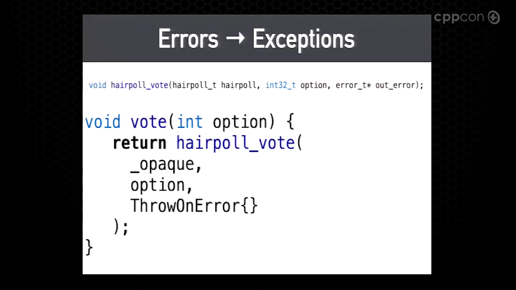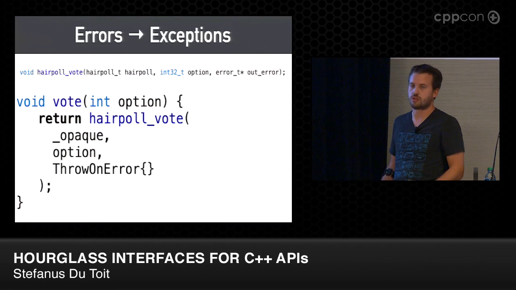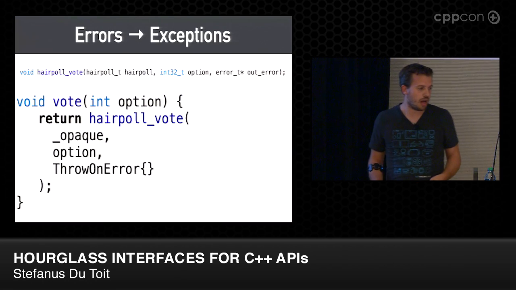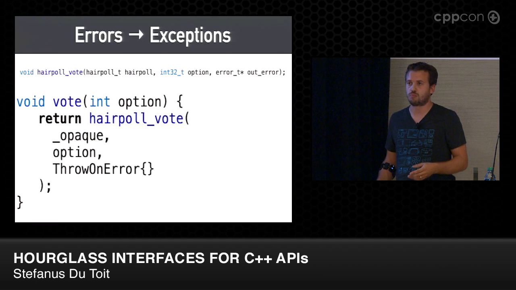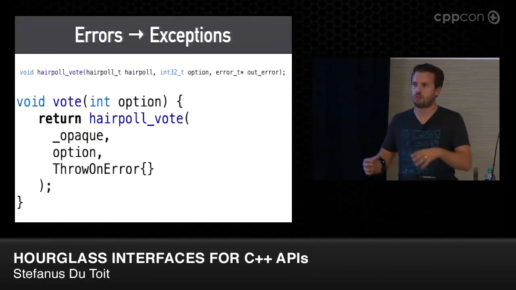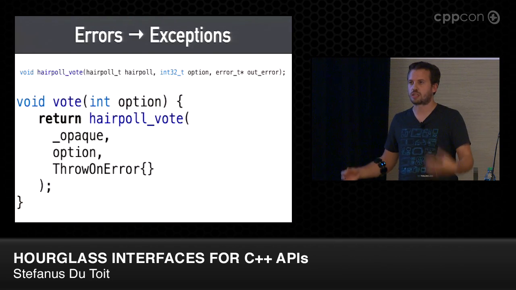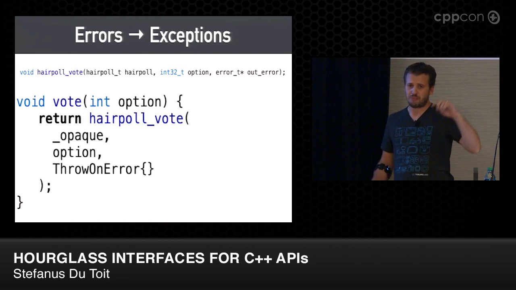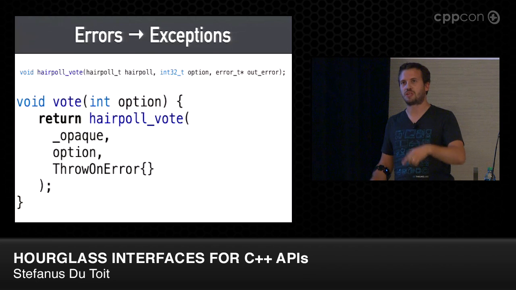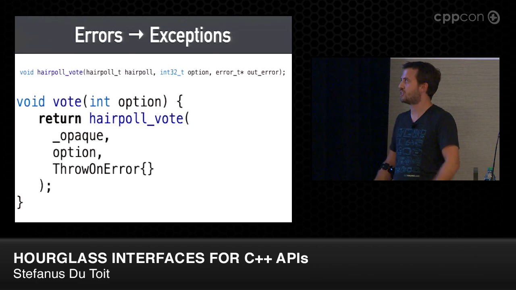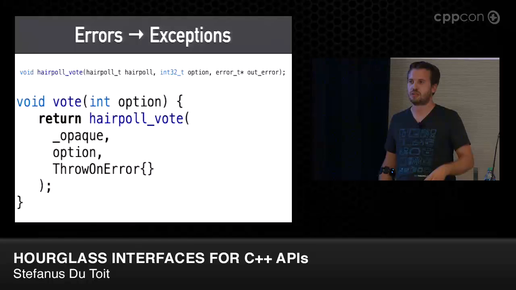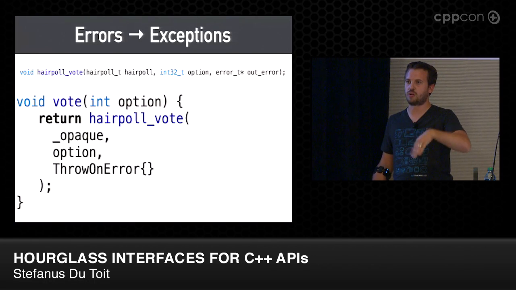OK, so again, the end result of this, which you only have to write that class once, and it works for all of your functions, is you get to write this, and things get magically turned into exceptions, which is pretty cool. There is one caveat to this I mentioned, which is don't call multiple of these functions with throw-on-error in a larger expression, because it turns out the destructor is invoked at the end of the full expression